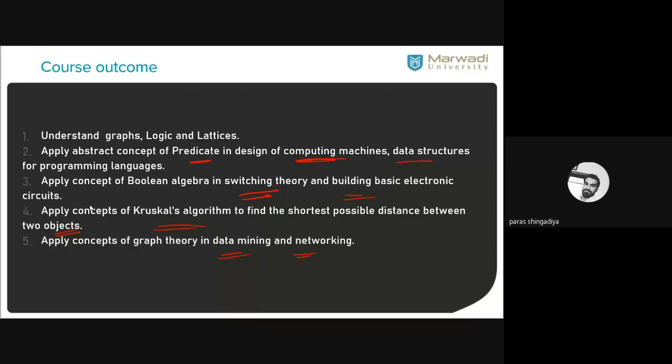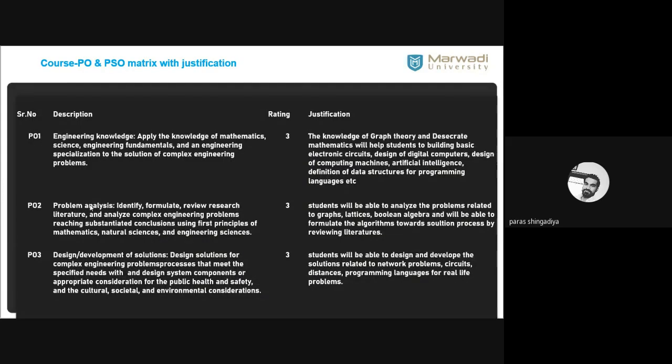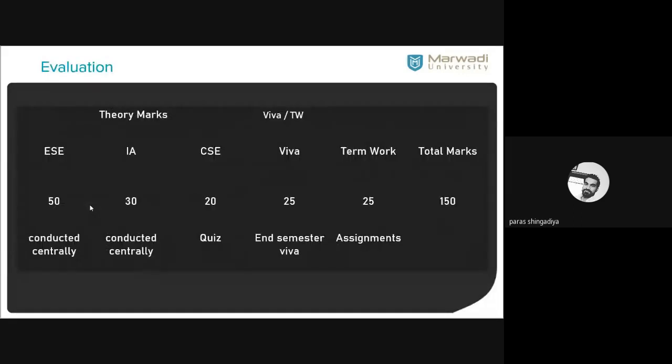We can use the concept of graph theory in any networking system, and the same for discrete mathematics concepts. We can use them in security software, to develop such software, or to define a strong security system and so on. Then we discuss this PO matrix, which is common, and this is important for D2D students, and we already discussed it.